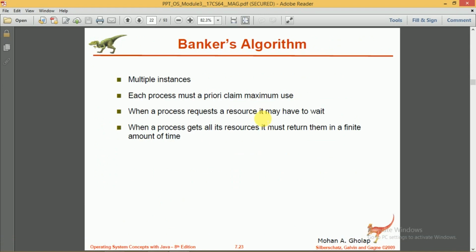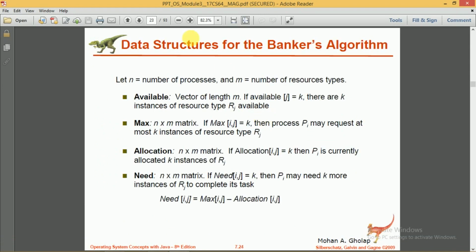For the Banker's algorithm, we need some data structures. This is just a recap, the same thing we discussed in the video lecture as a part of theory while discussing the Banker's algorithm. Here we take n as the number of processes, m to hold the number of resource types.